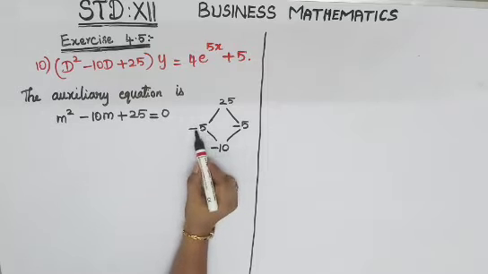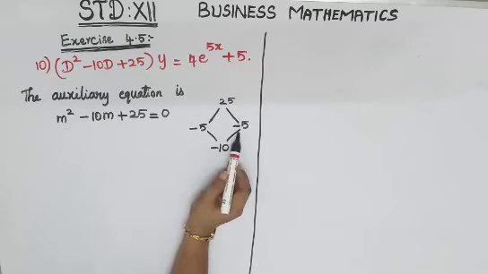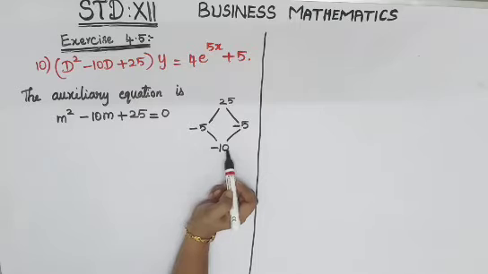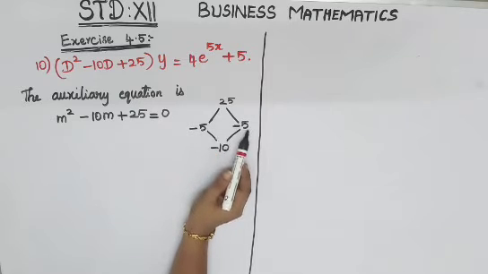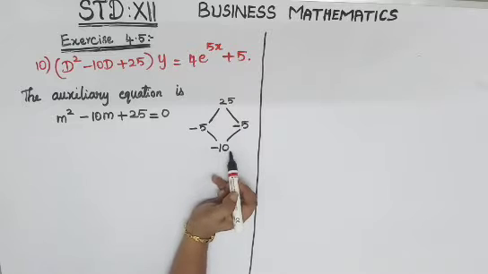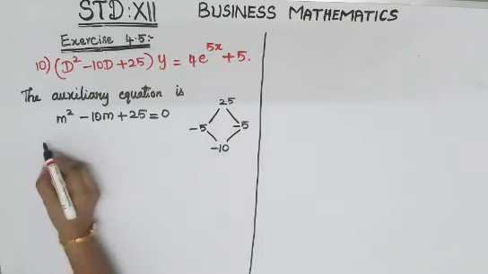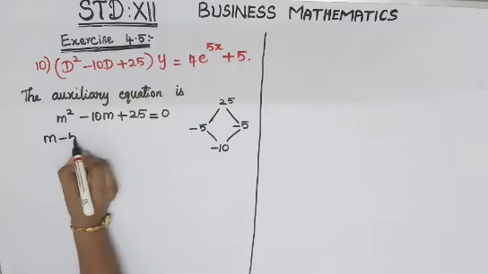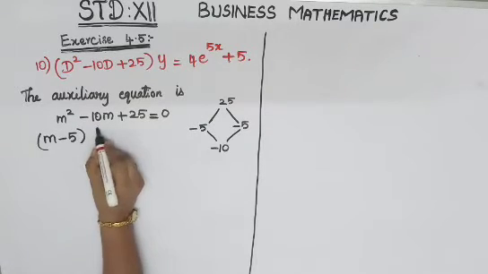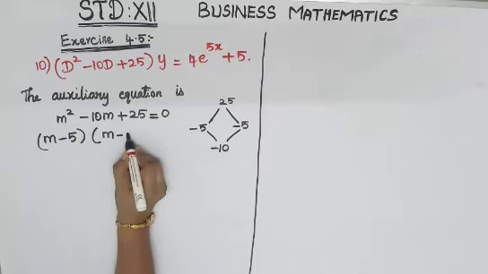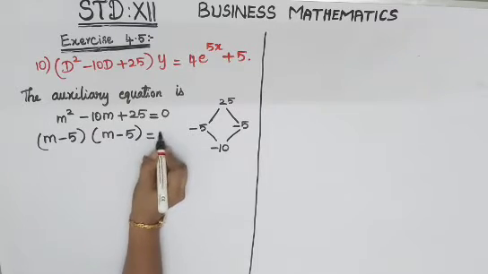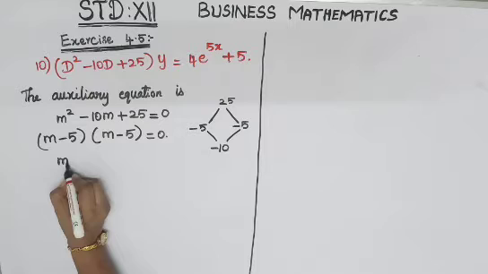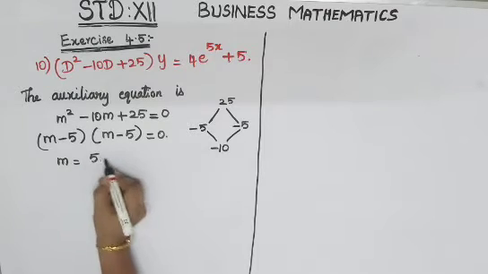Your down part is addition, so you will have to add it because both are minus. So add and put the same symbol. Okay, so 5 plus 5 you will get 10, the symbol is minus, so minus 10. So both the values are satisfied. So straight away you can go to your values, that is (m minus 5) into (m minus 5) is equal to 0. Therefore your m is equal to 5, 5.